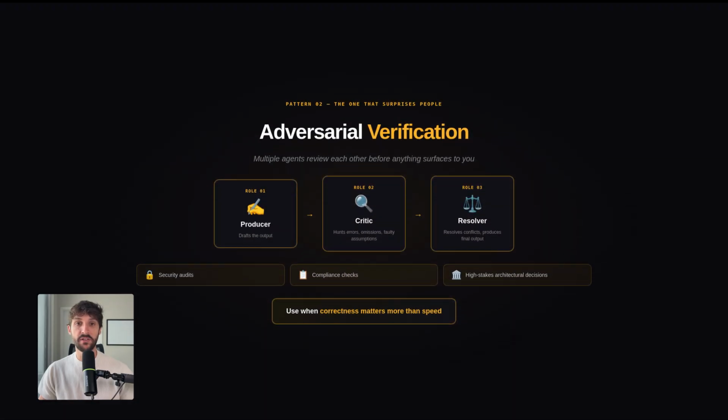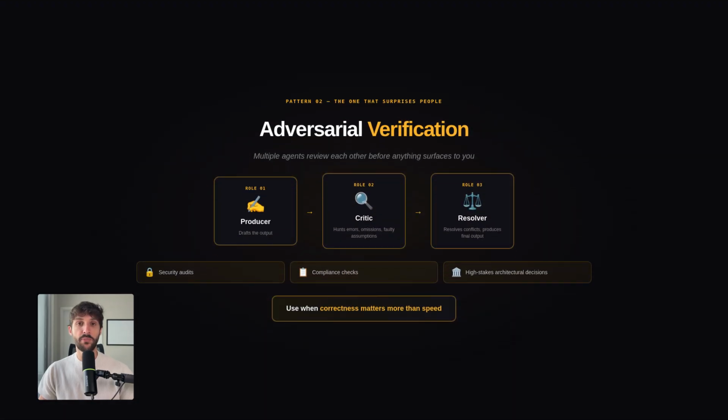Pattern 2 is adversarial verification. This one surprises people the most. One agent produces, another critiques, specifically looking for errors, omissions, and faulty assumptions. A third resolves the conflicts and produces the final output. Use it for security audits, compliance checks, architectural decisions with high downstream costs, any task where correctness matters more than